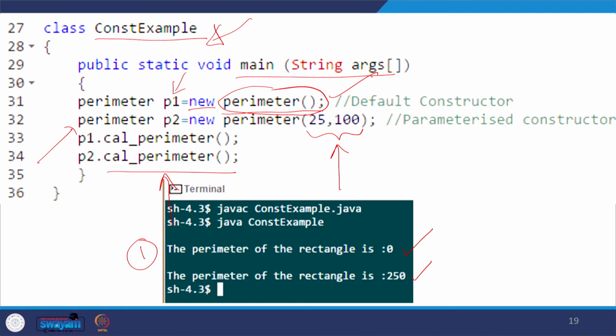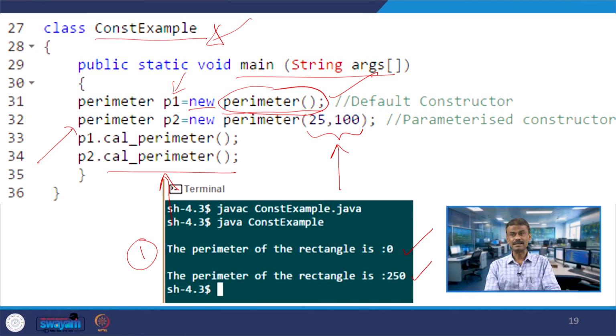The dynamic nature will work, because in the case of an array I gave an example, int star a equal to new int of 10. You are using the star operator, the dereference operator. In a similar way, when you have a constructor with no arguments, you call this a default constructor.